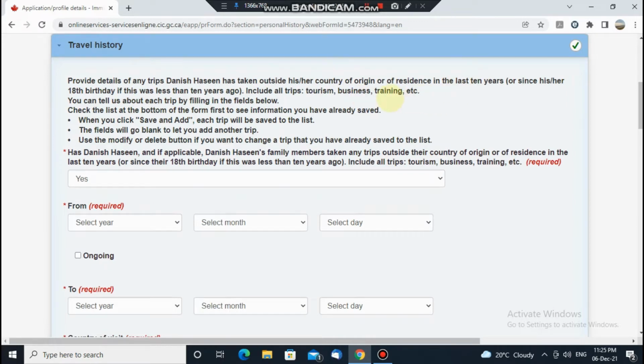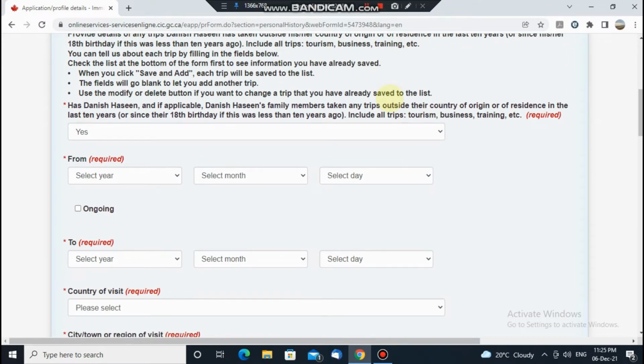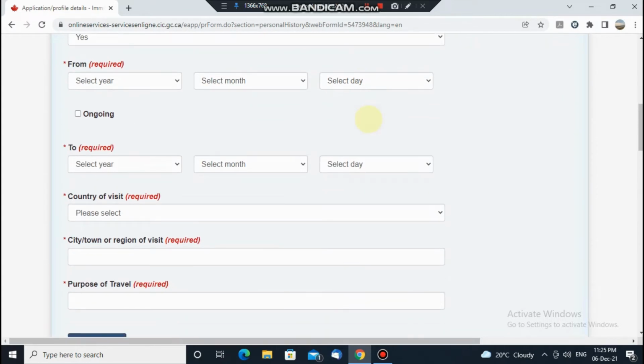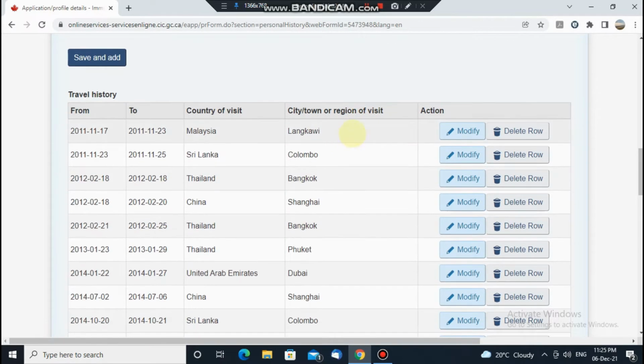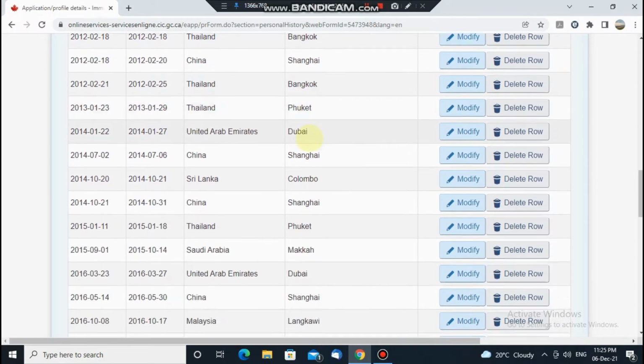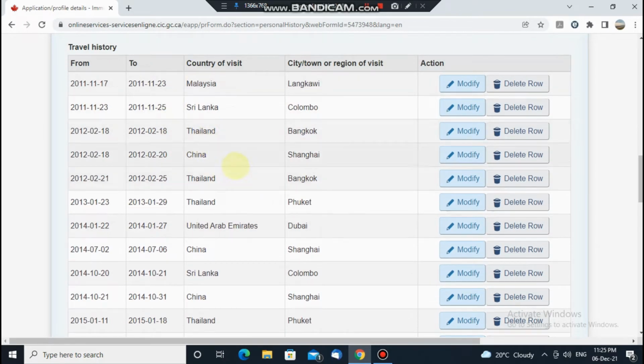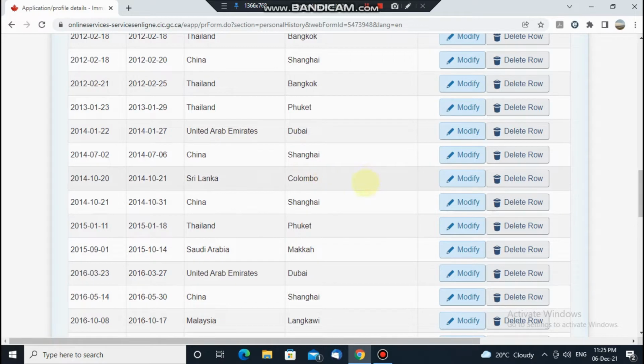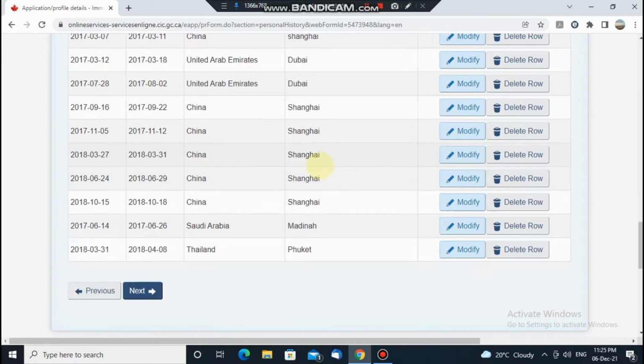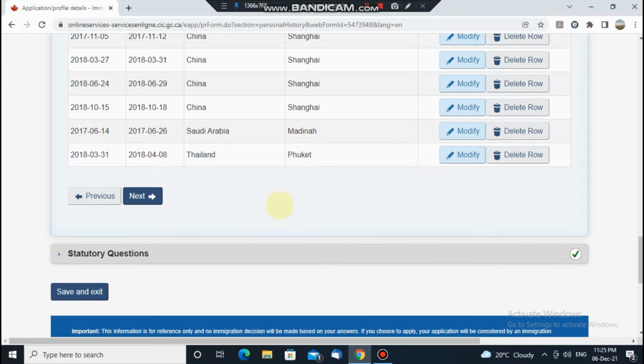Whether you went for 1 day, or a couple of days, or a week, or a couple of weeks, you have to submit it like this. You have to clearly mention your last 10 years of travel history. So this is the very important part of this application, so be careful with that.